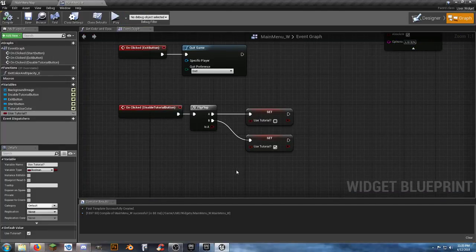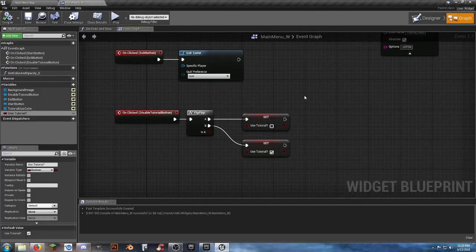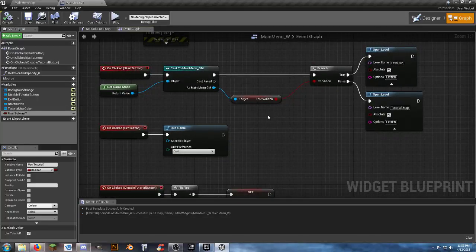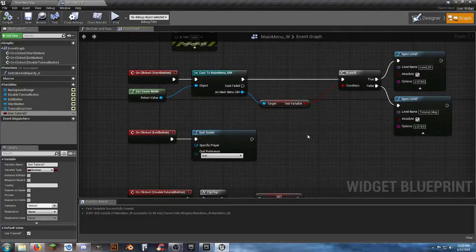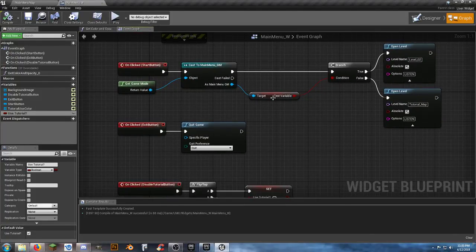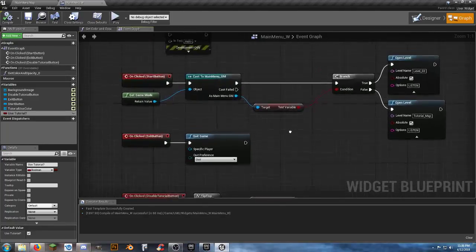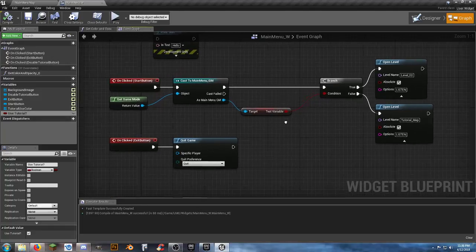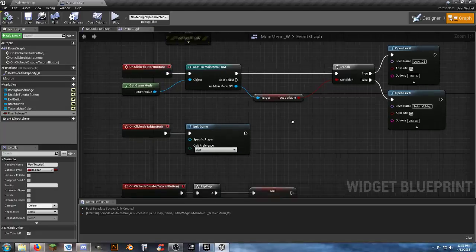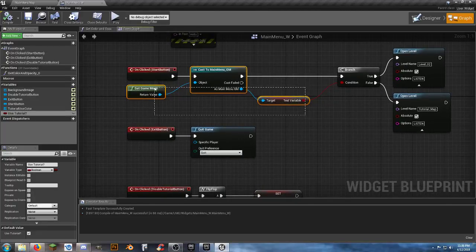Let's actually stop. So we got this functioning the way that we want. We know that we're going to default to using tutorial. So we can actually, since we have this right here, this was saved in our main menu game mode. With that, what we're asking when we click the start button is if we have completed or not. So what we can actually do instead for right now, let's take out that functionality